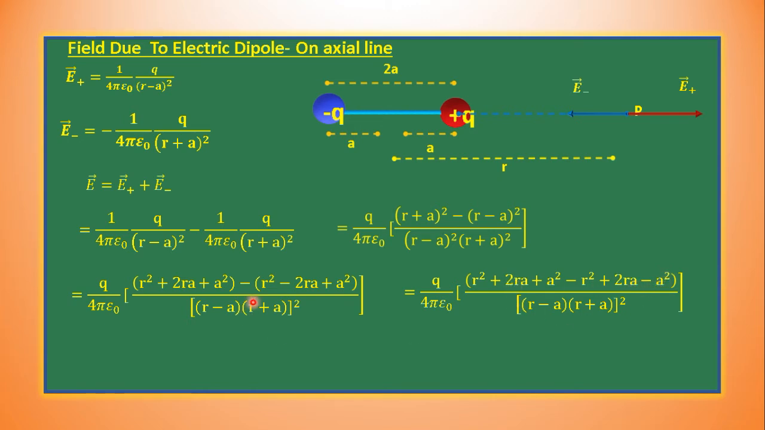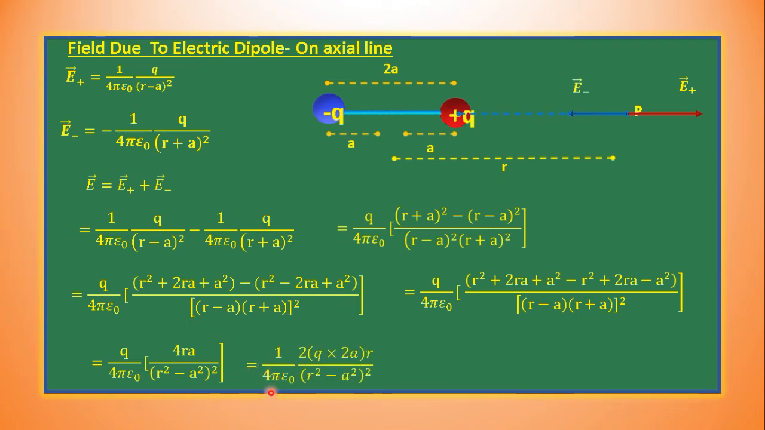And remember one thing, here I have taken this square outside the bracket. So I can write (r minus a) into (r plus a), the whole square, and the quantity inside this bracket, which is in the form (a plus b) into (a minus b), is nothing but a square minus b square. So in the next step, I would write q by 4 pi epsilon 0, 4ra by (r square minus a square) the whole square,